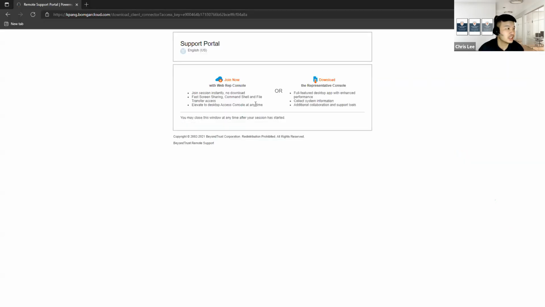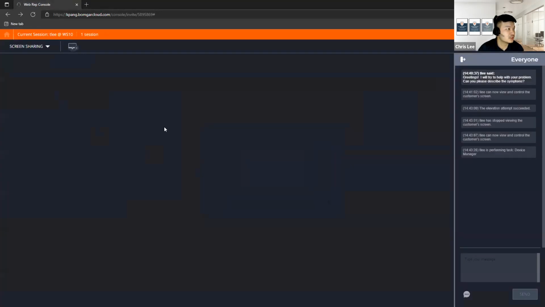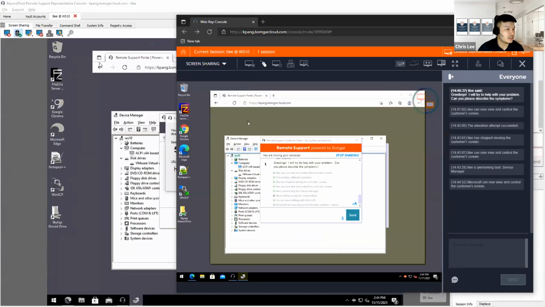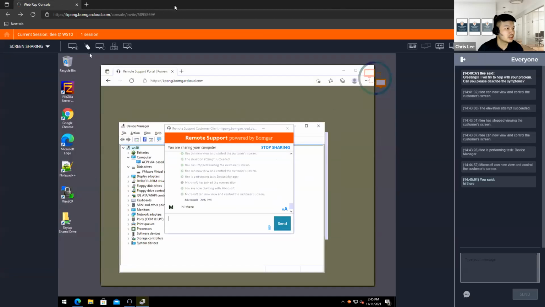So for example, a Microsoft engineer will just have to go to the link and join the session without installing any tools, right? At this time, Microsoft engineers should be able to work on the same session at the same time, and basically there is a collaboration there, right? So all parties that are required can be on the same session, to be able to shadow, to be able to learn, or to be able to train or solve the problem altogether, right? So this is basically how powerful the tool is to cater for these different scenarios.